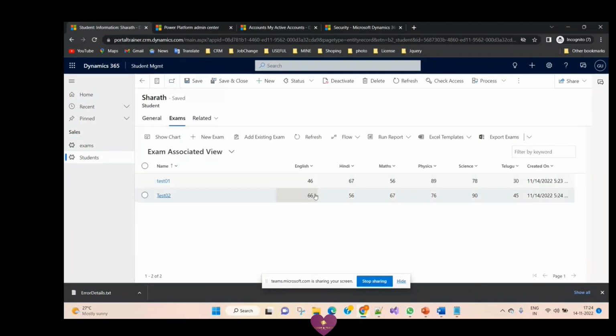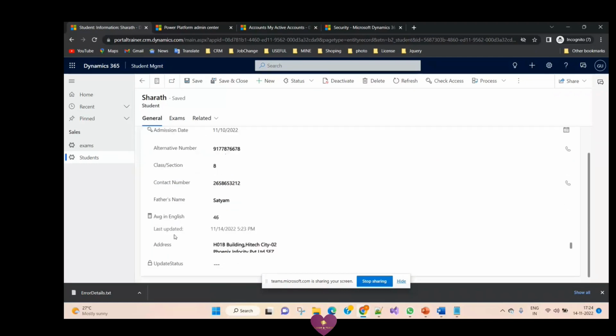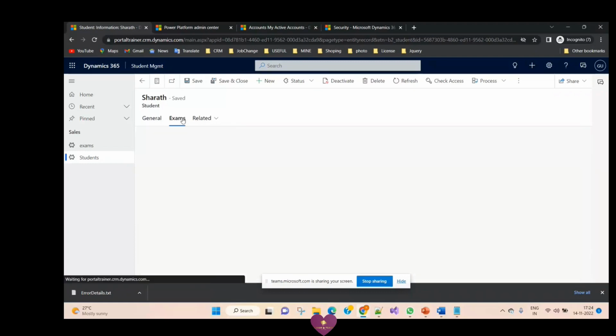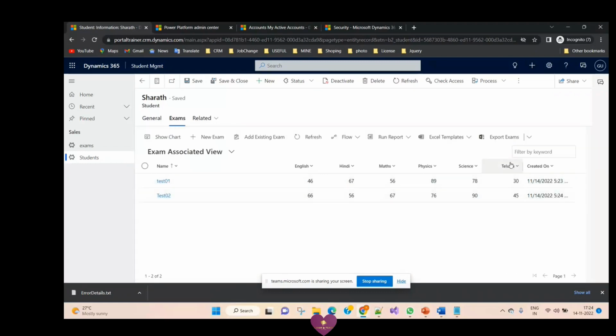That is 46 plus 66, 112. So for the average, we divide by 2. You can see 56. Like this you can calculate the average or sum of, if you want, you can sum the total of all